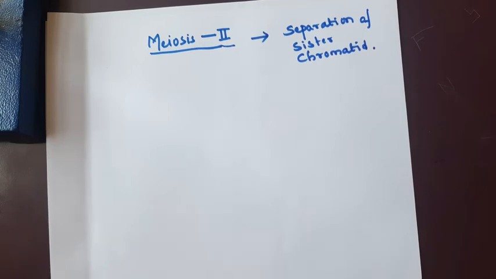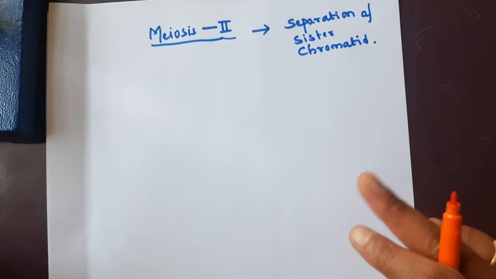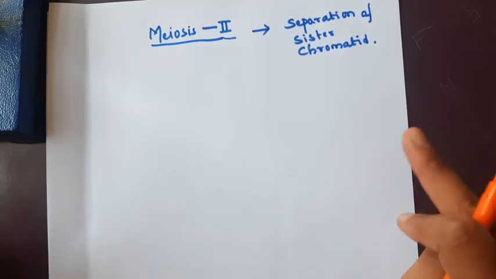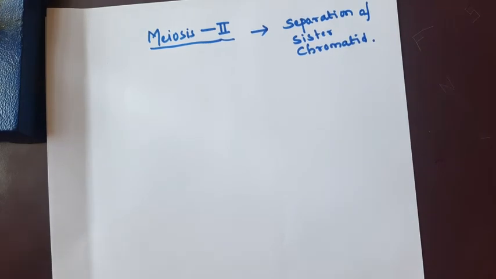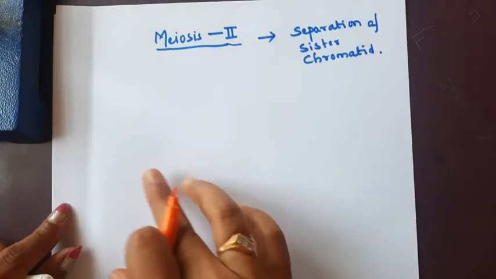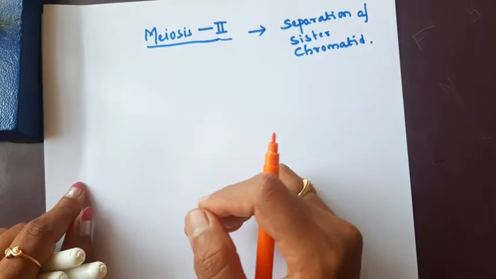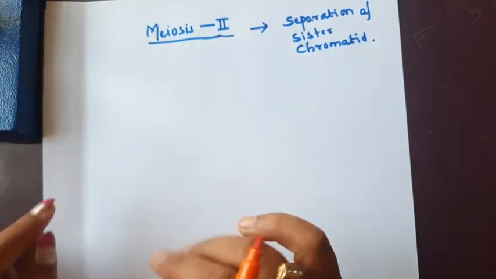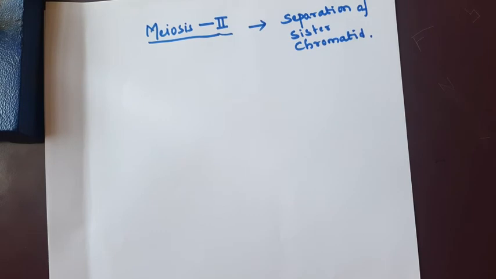Okay. By meiosis, 4 haploid gametes will be produced from each meiosis first cell. By meiosis first, from one parental cell 2 daughter cells will form. After meiosis first, the next step is meiosis second. In meiosis second, the meiosis first cells again undergo prophase, metaphase, all the stages of meiosis second. Ultimately, it gives rise to 4 haploid cells. We can say that from one meiosis, we can get 4 haploid cells.